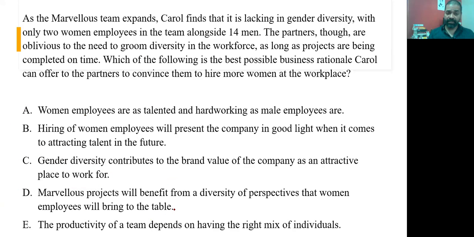Next question. As the Marvelous team expands, Carol finds that it is lacking in gender diversity with only 2 women employees in the team alongside 14 men. Okay, I actually